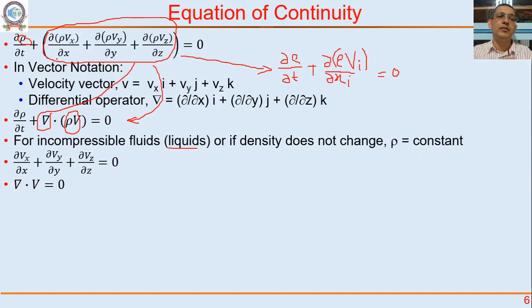Liquid is essentially incompressible, because even if you are trying to compress, the change of pressure required to get a density change is very large, and we don't encounter these changes of pressure very often. So even if the pressure changes, density is the same. So rho is independent of x, y and z, and rho is also independent of time. And then if it is independent of time, then we can say that this accumulation is 0, this is 0,